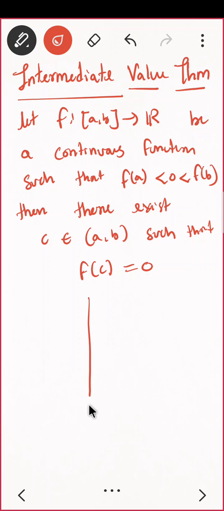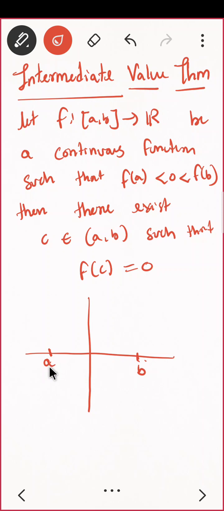Let me just draw it here. See, there is an interval. Your a is here, b is here, and try to see what the function is saying. You are having a continuous function from the closed interval [a, b]. See, purposely I am putting my a this side. Correct? Do you see why? Such that your f of a is negative and f of b is positive. There is not at all an issue, even if I put it here, it will work. We'll see that. I just want to give a beautiful graph.